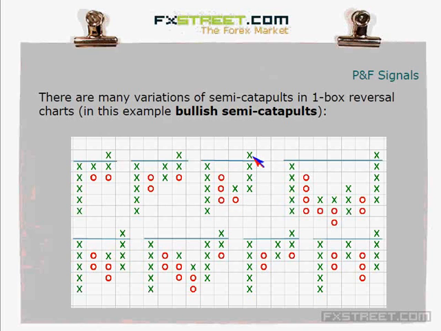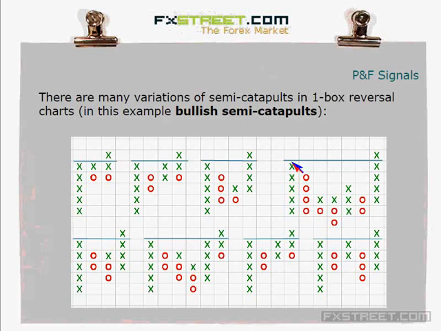So many variations can exist. Okay, like that one where my cursor is right now. You see a lot of empty space. So a breakout of such a semi-catapult would be obviously stronger than this buy signal, which would be called a weak buy, and this would be called a strong buy, because there is a relatively strong reversal from that initial